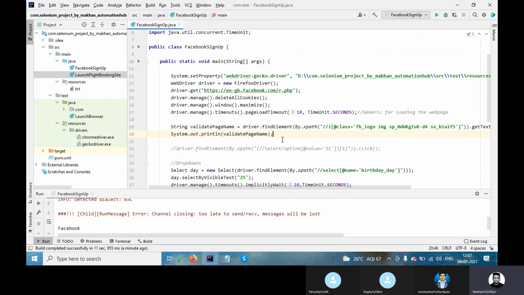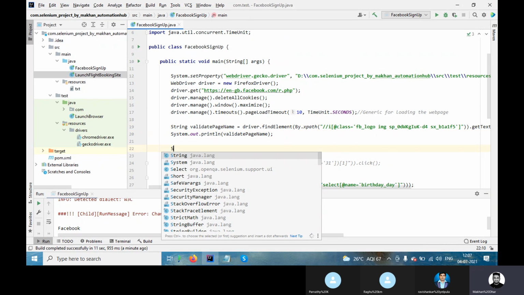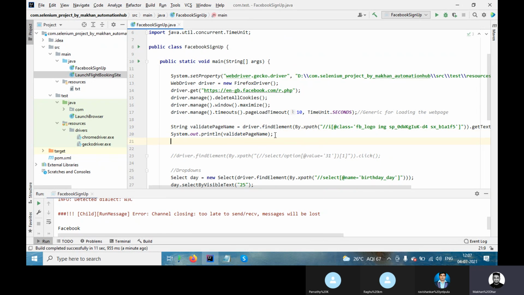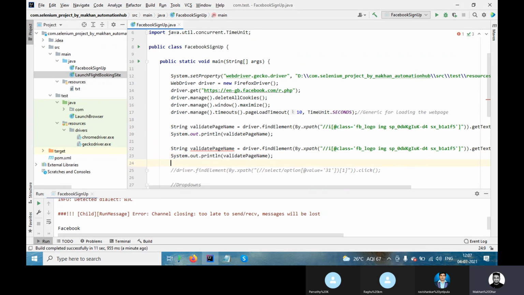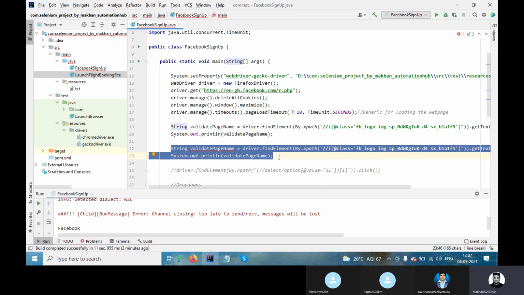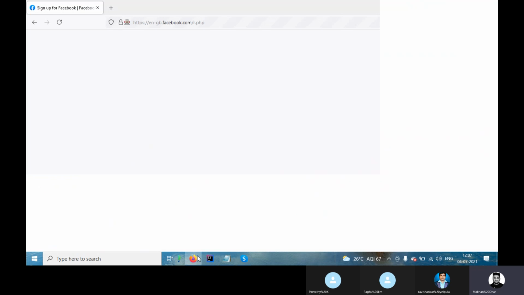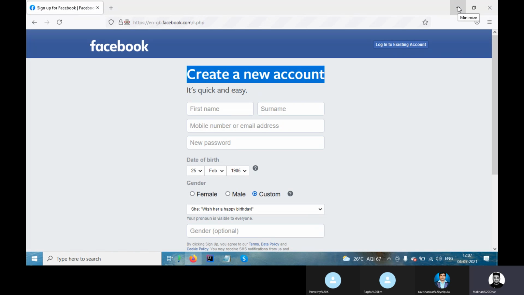Okay, there are a lot of things. Assertion is there, that we will cover in the framework part, not here. But for the time being, you should understand the difference between get text and get title. So when I say get title, again I am doing the same activity. Just copy this thing. For this you do not need this one. For get title, you do not need to inspect.